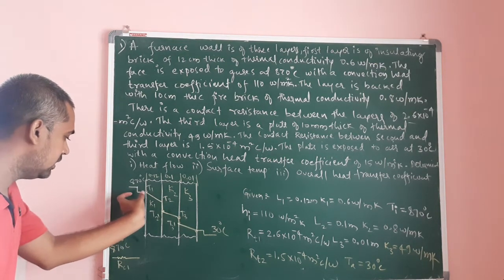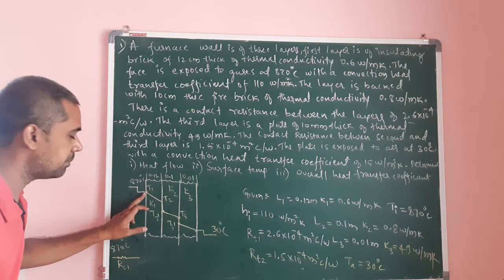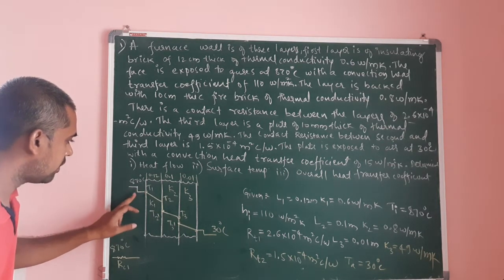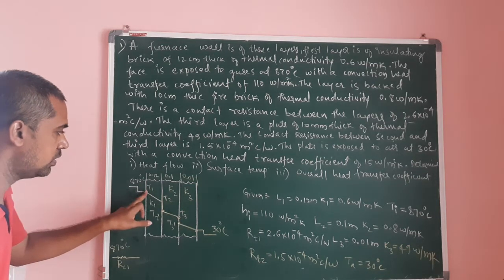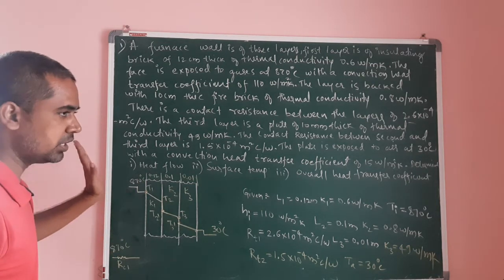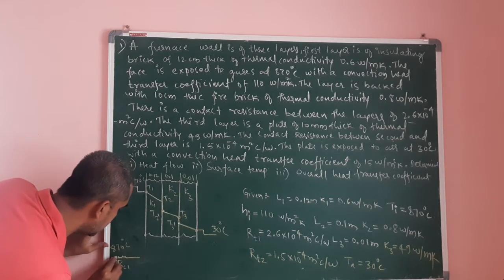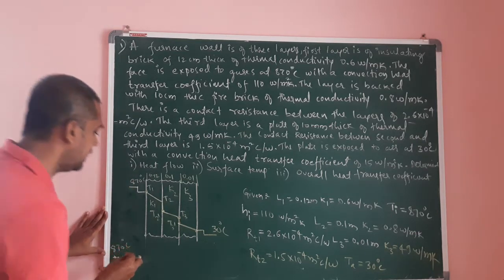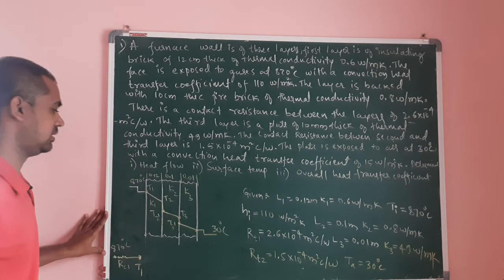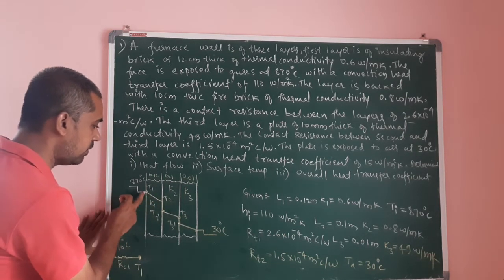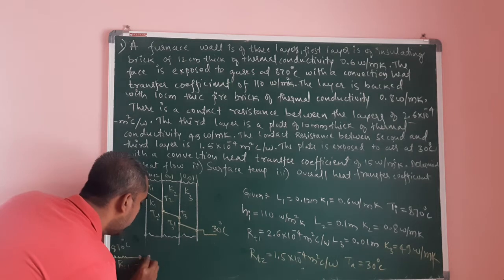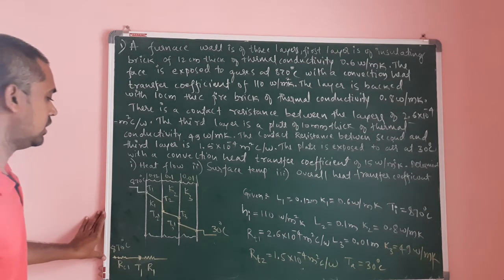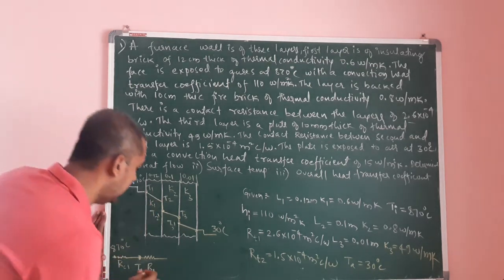After that, there is a surface temperature T1. Convection heat transfer takes place here from the 870 degrees Celsius gases to the surface. There is a convection thermal resistance between 870 degrees Celsius and T1. After that, there is conduction heat transfer from T1 to T2. Therefore, I will call it R1. R1 is the conduction thermal resistance in the solid plate.